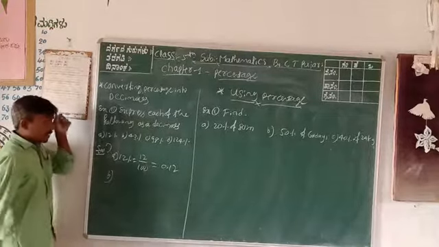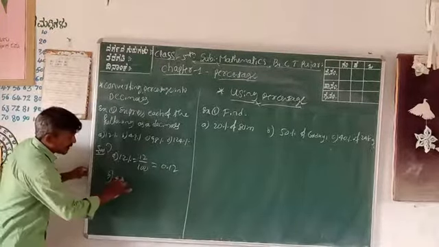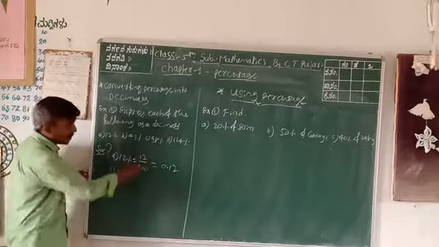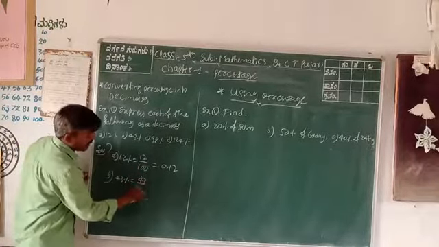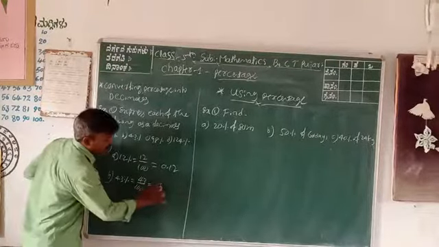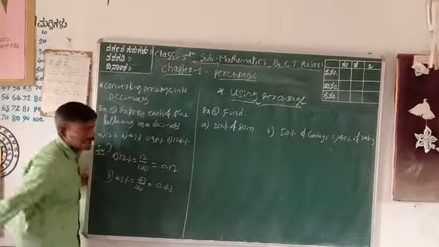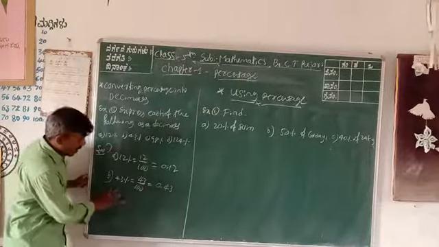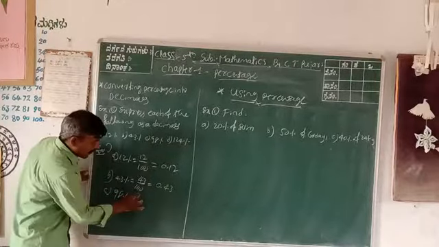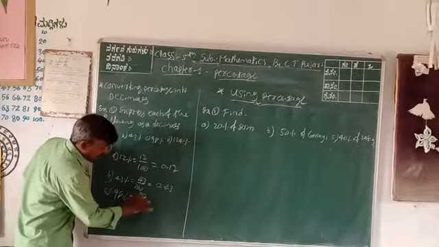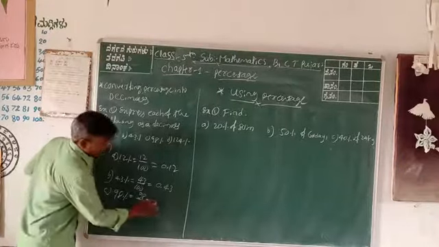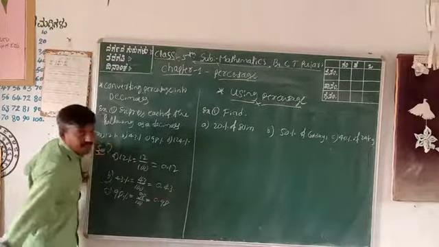Second, B, 43%. 43% is equal to, write the fraction, that is 43 by 100, which is equal to the decimal point, very easy, 0.43. Next one, C, 98%. You can write it as a fraction, 98 by 100, which is equal to only 0.98 as the decimal.